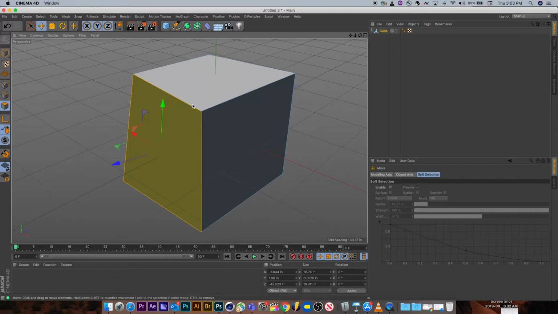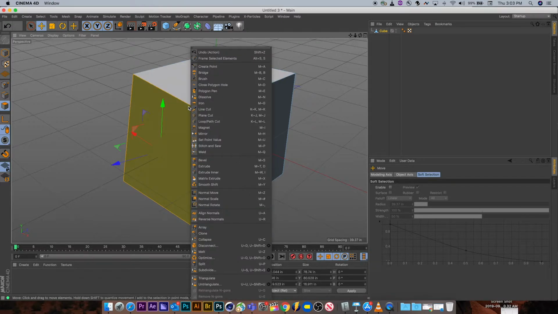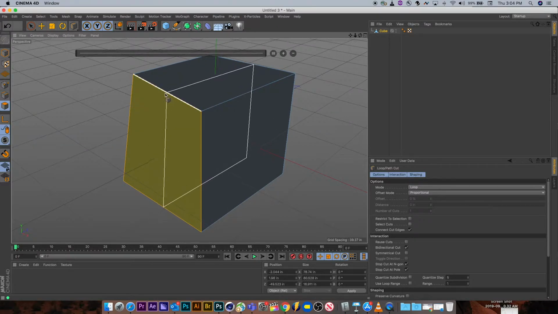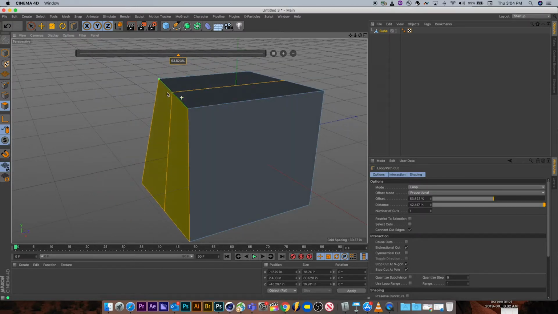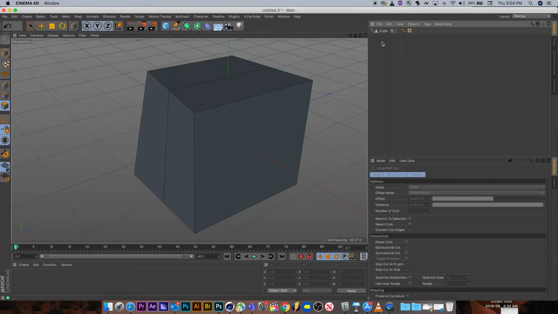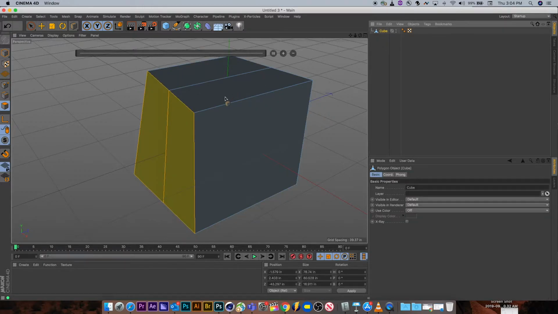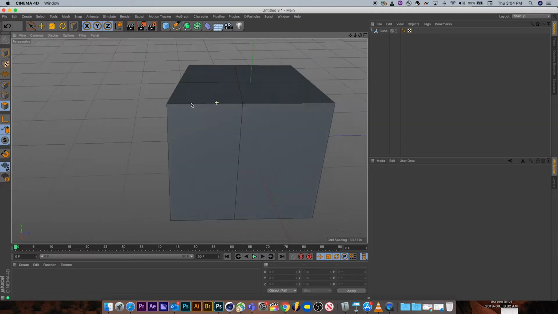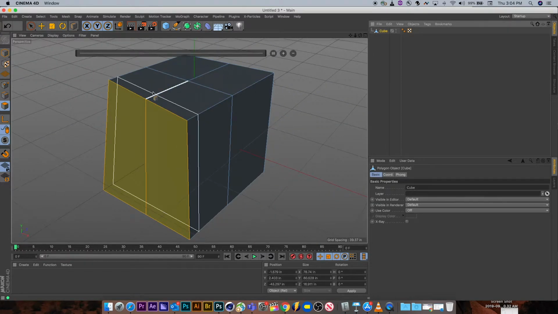Oh yes, and then to use the loop path cut tool, you right click onto the polygon and select loop path cut. And then it just creates a loop around the faces. You just click to make the cut, and it adds geometry there. So if I select this one and make one over here. And then if you guys remember